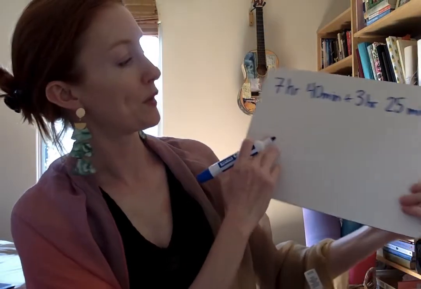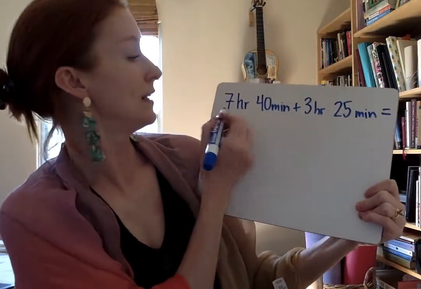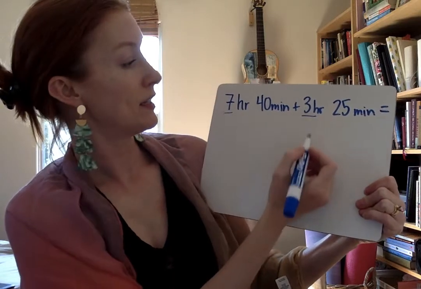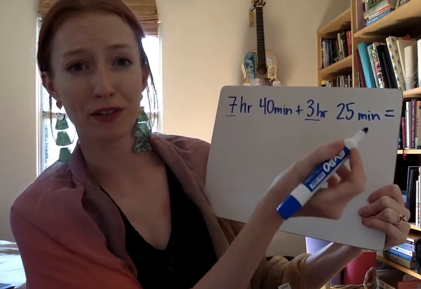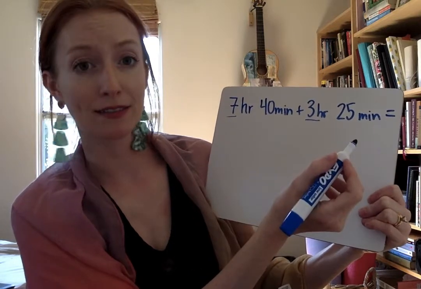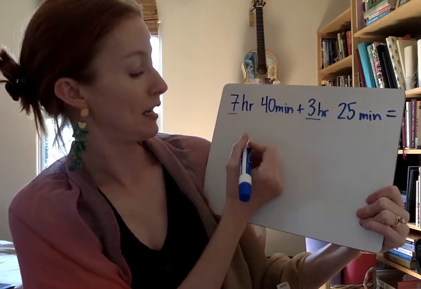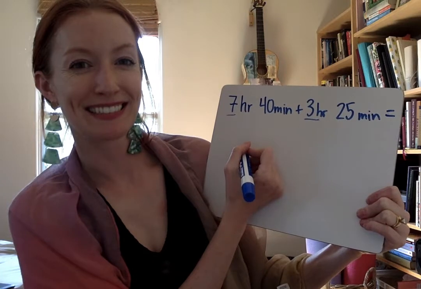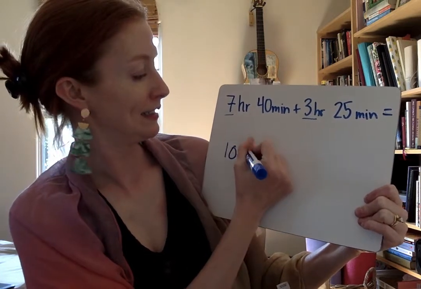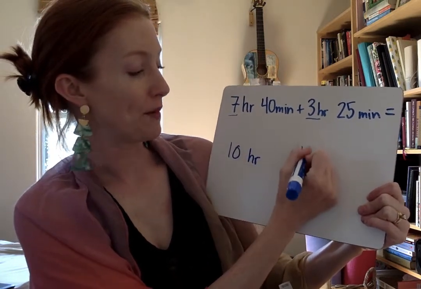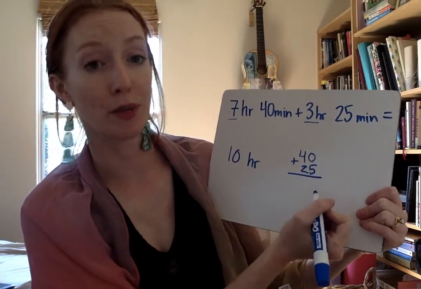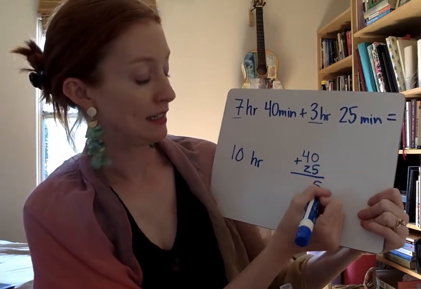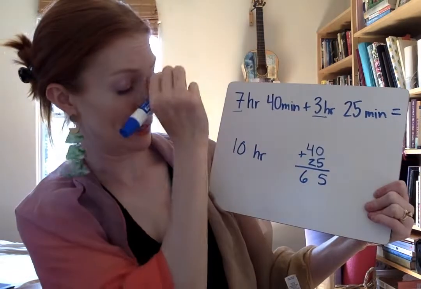So what I can do here, when I'm adding, take 7 and 3. And when I'm adding, this doesn't have to be bigger or smaller than the other, so I can just add like normal. So 7 and 3. And then let's add 40. And you can set it up like this. You can do it in your head, whatever your best strategy is. So I've got 10 hours